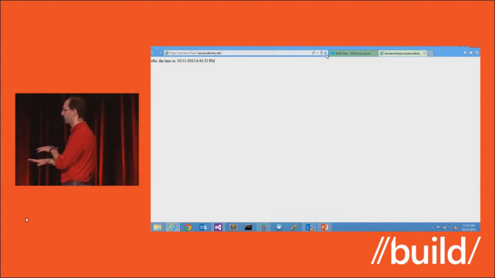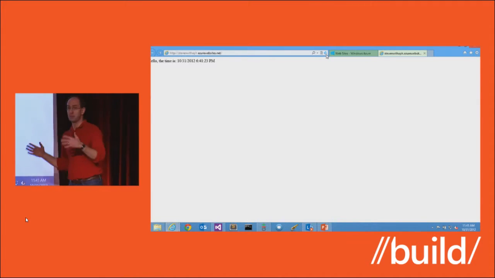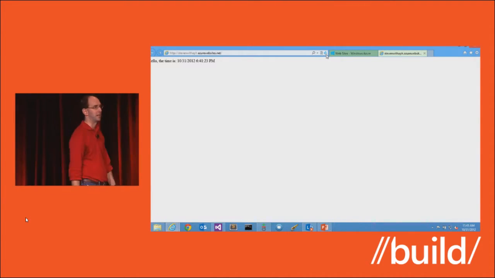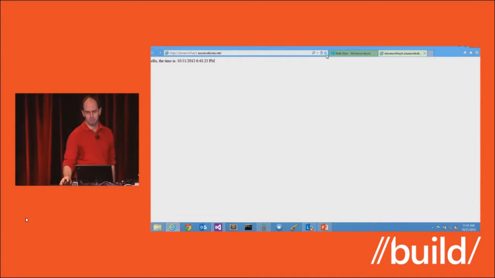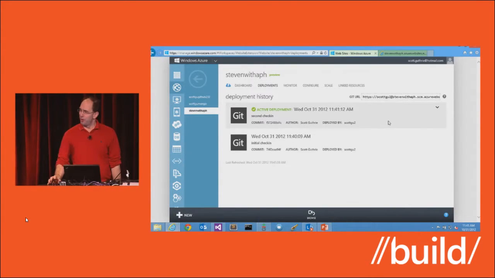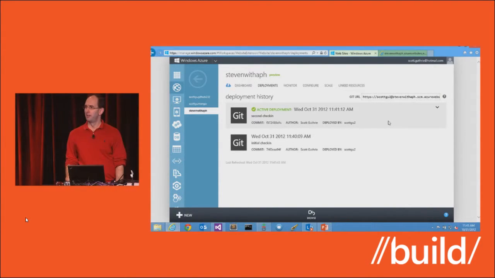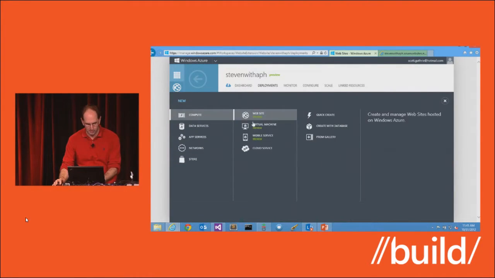And hopefully that gives you a sense also, from an openness perspective, that we're trying to embrace lots of different technologies, lots of different approaches. One other thing, anyone here using GitHub? Okay, a few people are using GitHub. So let's do one more quick demo here.